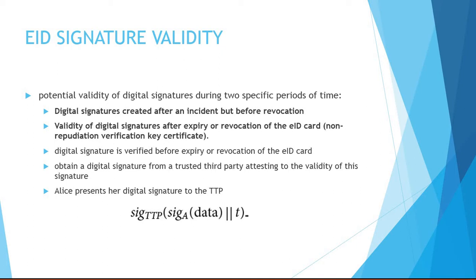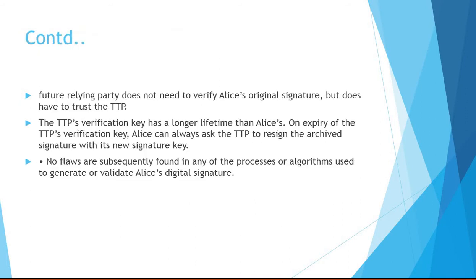She will be using her digital signature for that. Signature A is the key she will use to sign her data, and then she has to use the digital signature key which is shared with the party who is going to verify her data. TTP is the trusted third party with whom she will be sharing it. Along with that, a timestamp is also used by her system.